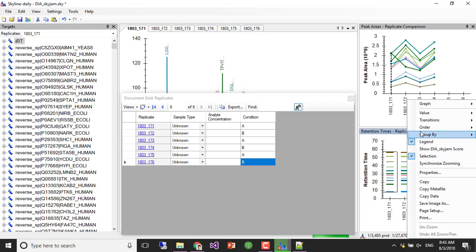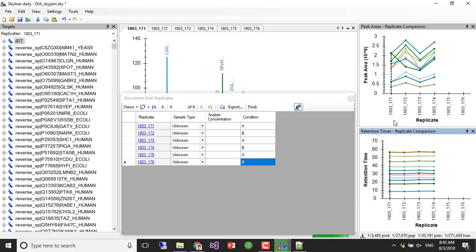So you can right click and choose value retention time, and now you get these lines, and you go, okay, great, my iRTs look good. There's nothing jumping around. Our expectation for iRTs is that ideally they go straight across, but otherwise they should all move together. And